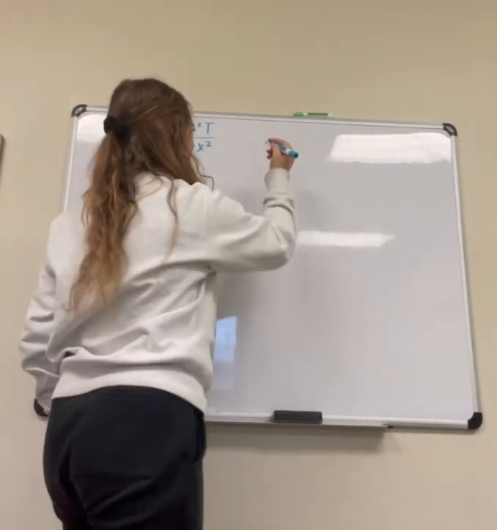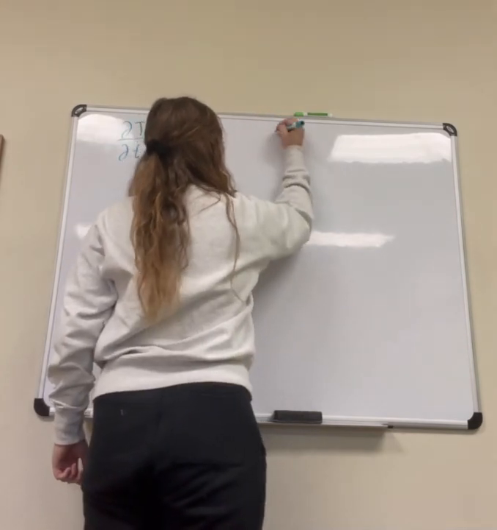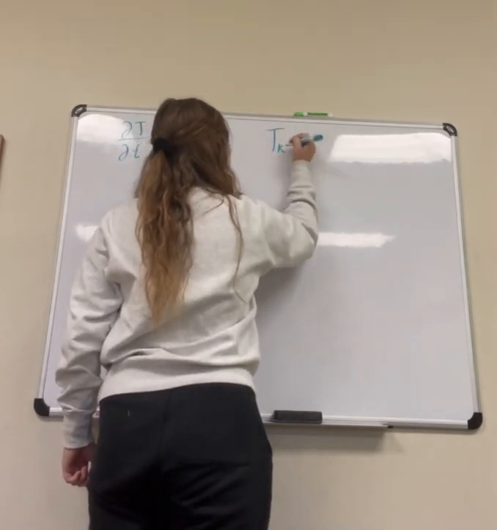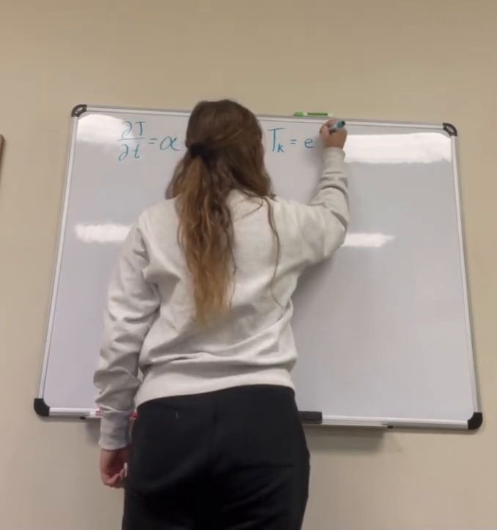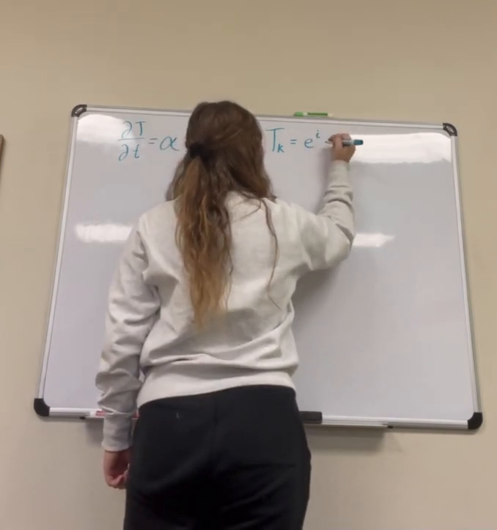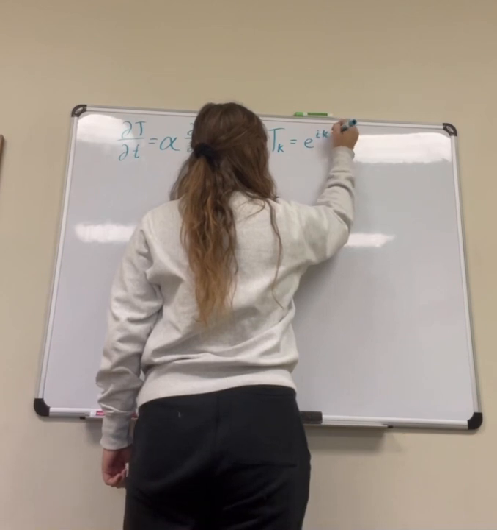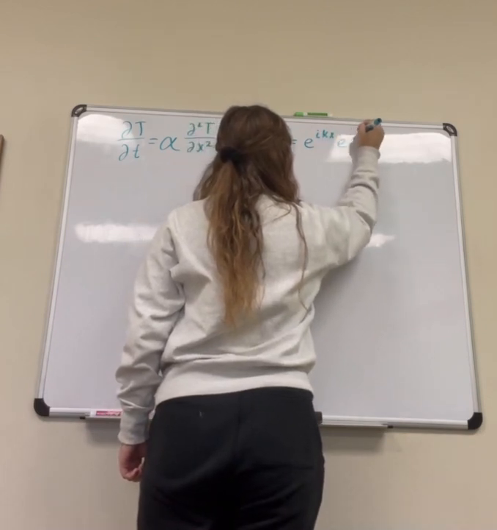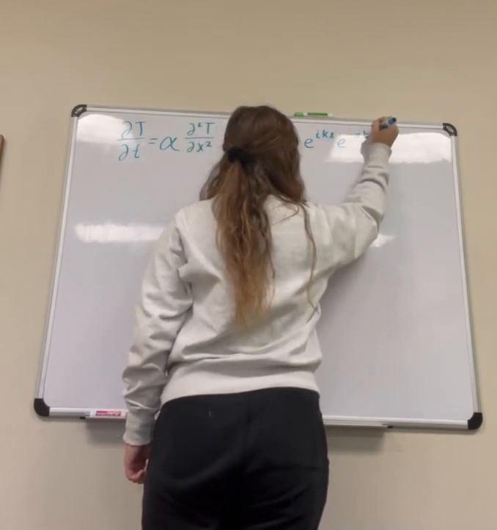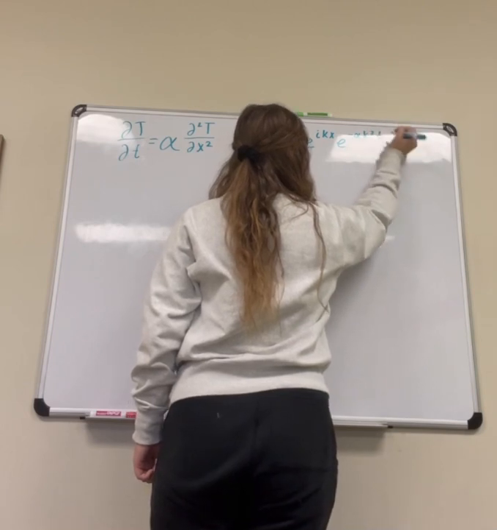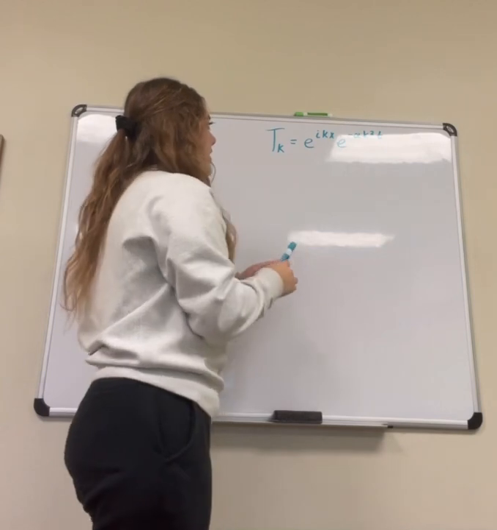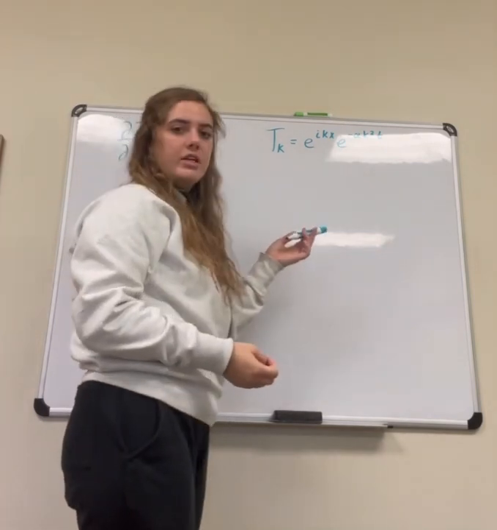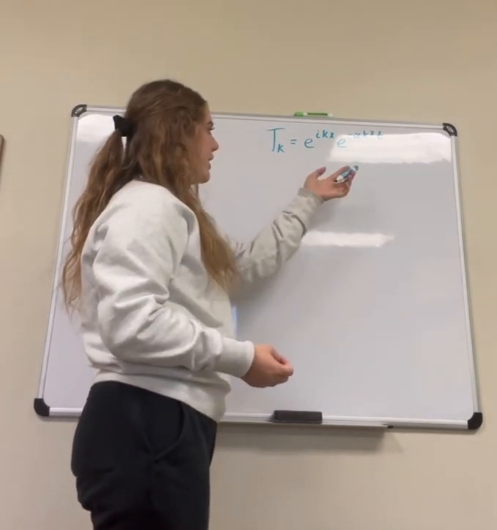And so now I'm also going to write down the variable Tk is equal to e to the i k x e. And here i is equal to the imaginary number, k stands for heat conductivity constant, x is position, and t is